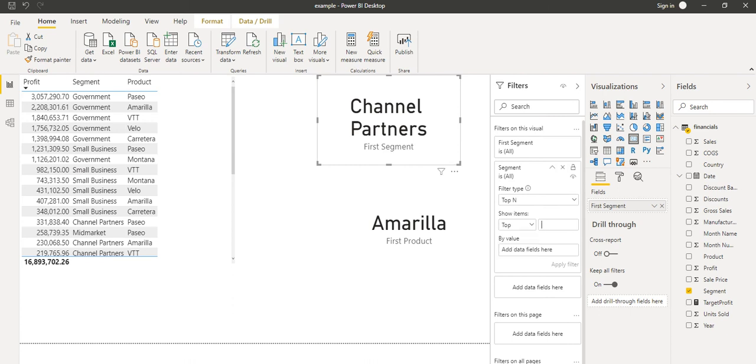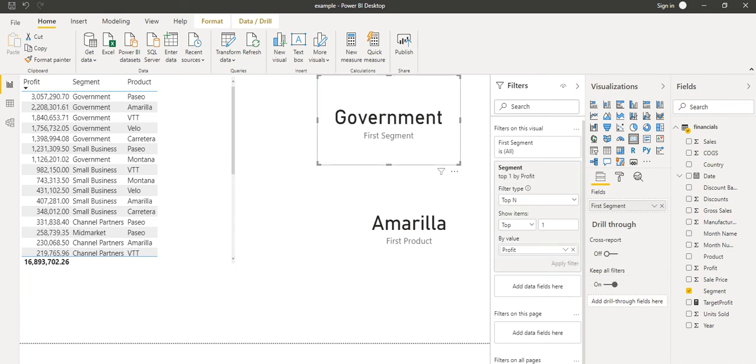I want the top one record by value, that is, by which field you want to get the segment. I want it based on the profit. So let's select profit here, and once you select profit, you will see Apply filter. Just click on Apply filter and you will see it is showing the first segment is Government, and we can see that Government has the highest profit.